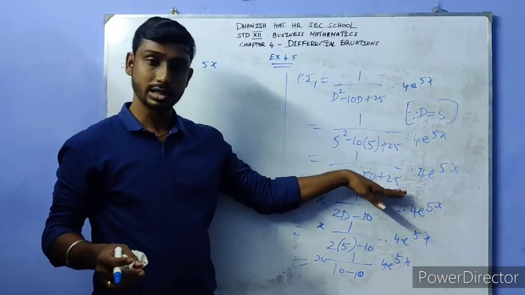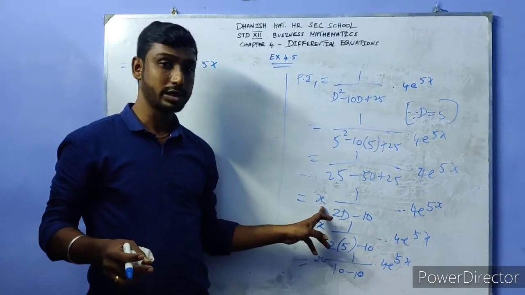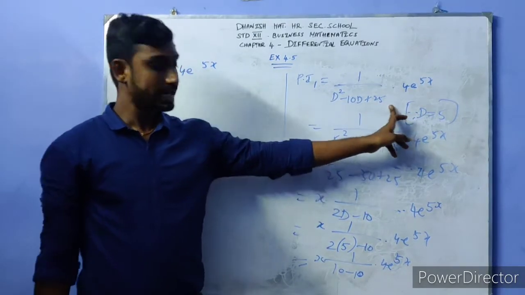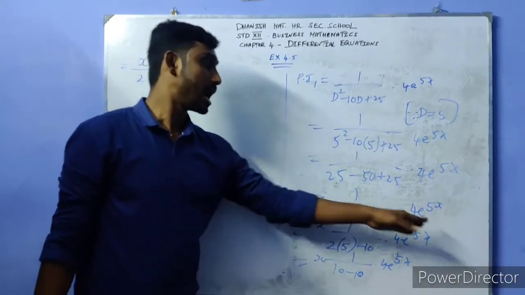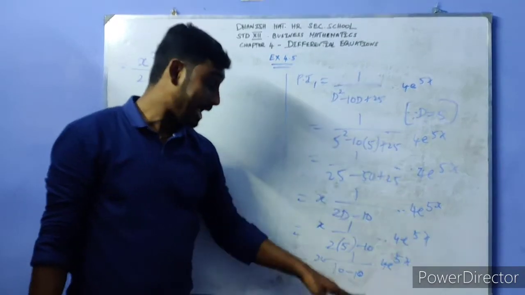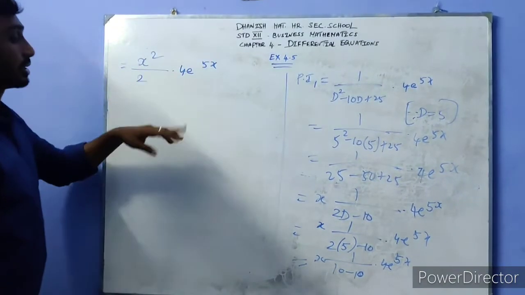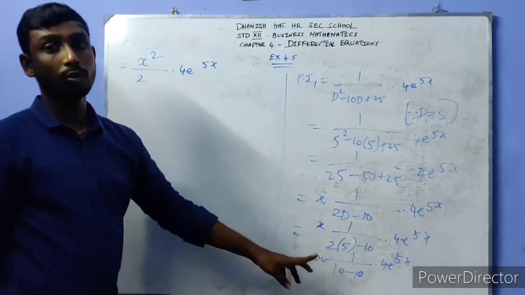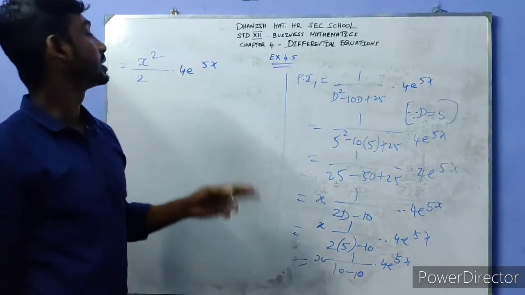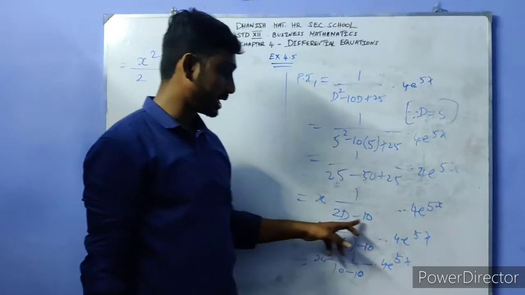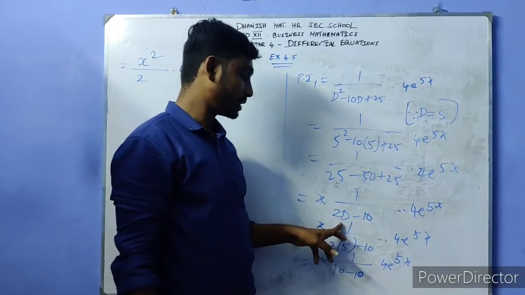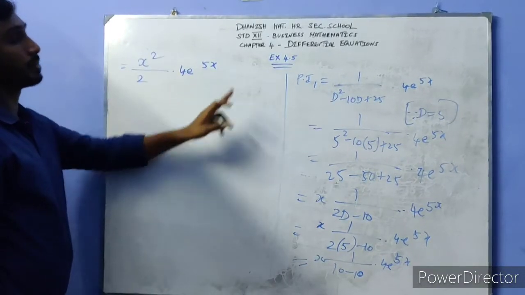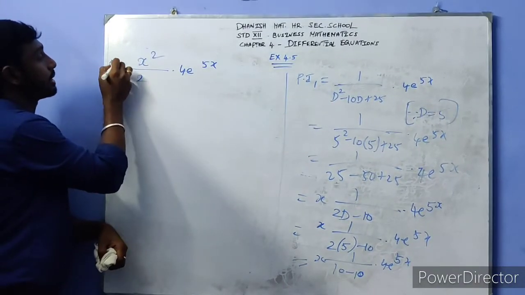First we are having 0 here. First we are multiplying using the condition. The numerator will be multiplied with the x and we differentiate the denominator. You will be getting some equation. Again you are going to substitute the D value. Again you are getting 0, which means again you multiply, since we already have x here, with another x, which will be x square. So now differentiate this equation. The differentiation of D value will be 1. So you will be getting x square divided by 2 into 4 e power of 5x here. So this is the PI1 value.